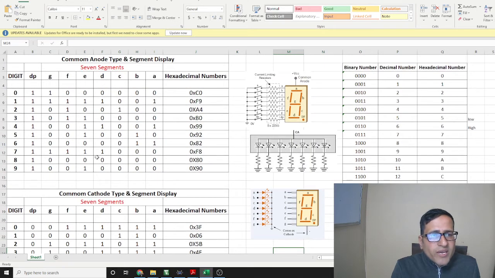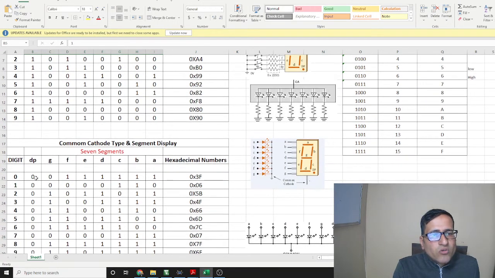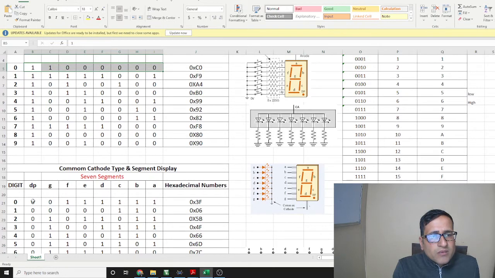So we can see that the values which are given here, 1, 1, 0, 0, 0, 0, 0, 0, are complemented to get the values 0, 0, 1, 1, 1, 1, 1 and 1.